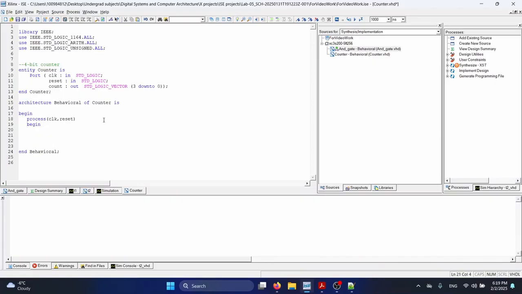So I'm going to write begin and end for this process. This is the mistake that I made in the last video, so I'm trying not to have that happen again. Okay, so this is going to be my work. What I want is, if my clock comes and my reset is not 1, I want to increase the counter by 1. So if reset